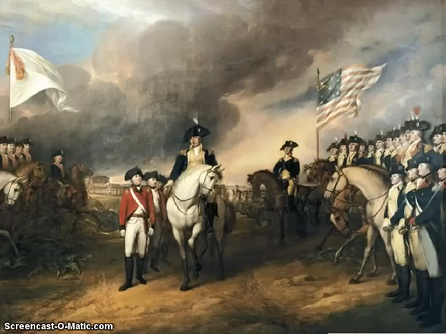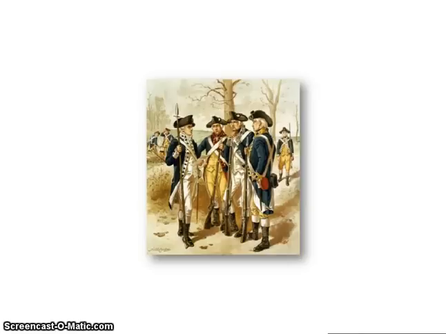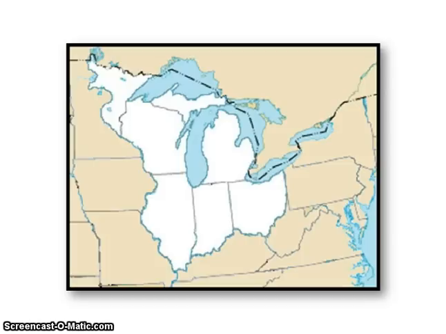For defense, we had a huge army fighting the Revolutionary War. Huge. And great leadership for that matter. But now, we only have a standing army of 500. Remember, we were scared of the King's army and what they've done. So what do we do? We take the central power's power away to build an army. We're depending on the state militia. So we have a standing army of 500 people.